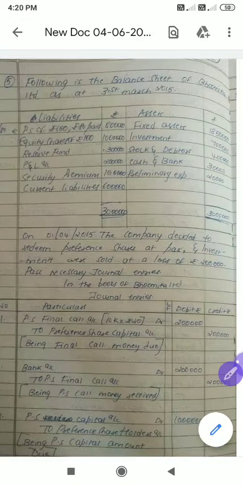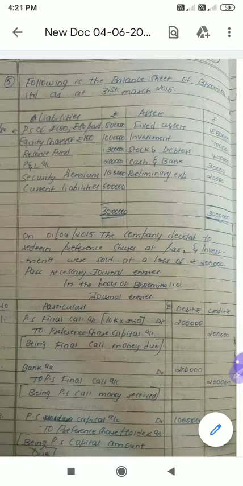Here also they have not given the number of equity shares directly, but we can identify it: 10 lakh divided by 100. If we do, we will get 10,000. Next we have reserve fund 3 lakh, P&L account 2 lakh. Reserve fund is divisible profit, P&L account is divisible profit, but security premium is not a divisible profit. Okay, current liabilities total we have 6 lakh. Totally if we add, we will get 8 lakh.